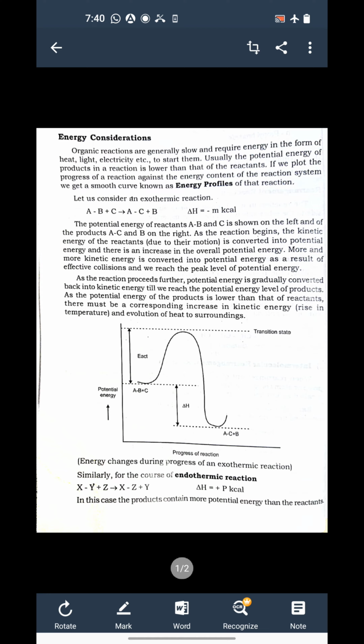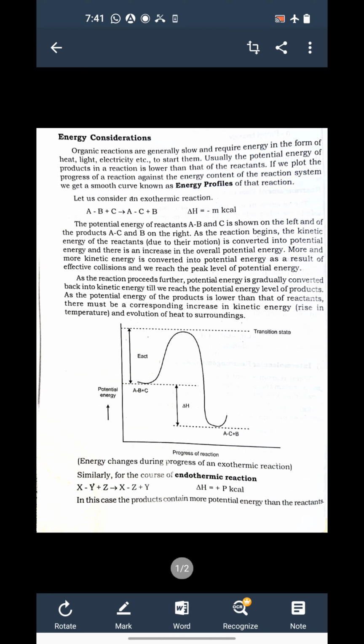Now suppose in the previous class we discussed how many types of reactions there are. Suppose these are the 4 kinds of reactions that we studied. After the reaction is carried out, what happens with the energy, whether the energy of the system falls or increases. Depending upon that, if energy is required or energy is released, two types are there. Whenever energy is released, that reaction is called an exothermic reaction, and whenever energy is required, that kind of reaction is called an endothermic reaction.